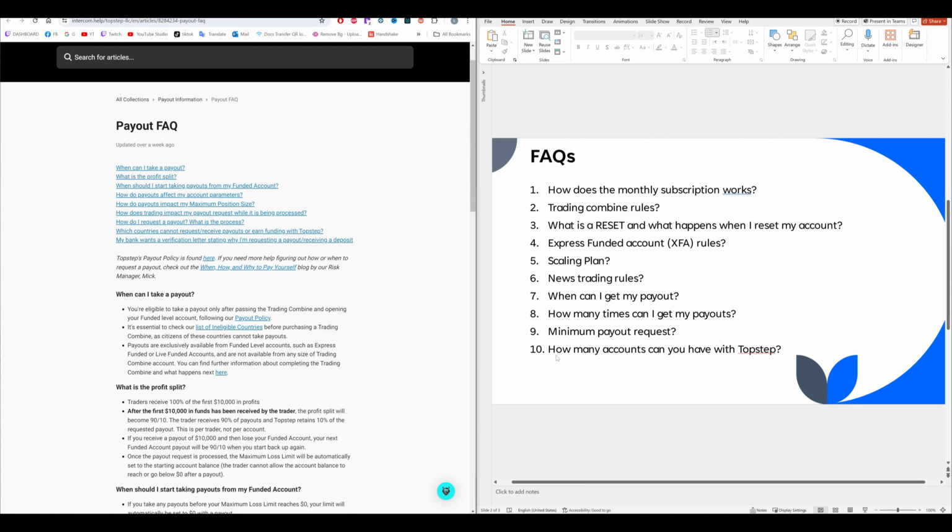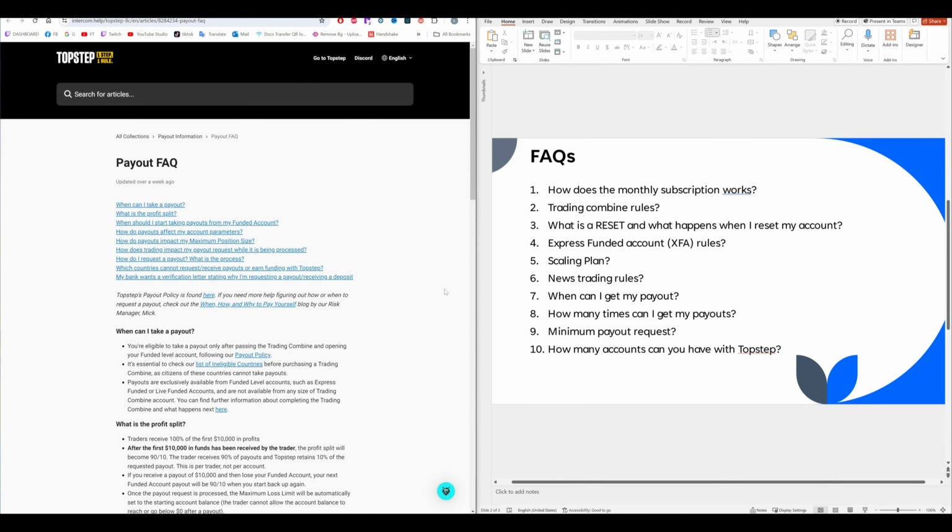The last and final question that a lot of people ask: how many accounts can you open with Topstep? I actually have a common answer for that, which most people know, and I also have some new information about it. So the common answer is, for trading combines or the challenges, you can have however many challenge accounts you want. It's unlimited for the trading combines. When you move to the express funded account, you're allowed to have only 3 open, and for a live account, whenever they select you to be a live trader, a professional trader, you will only be allowed to have